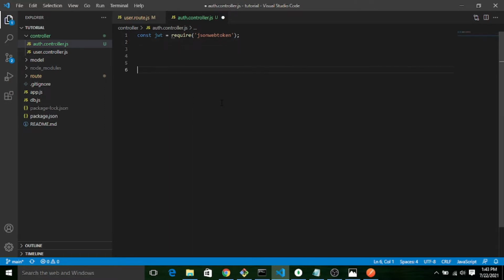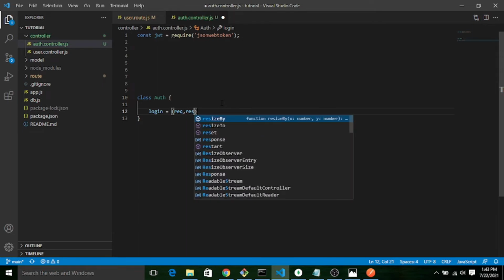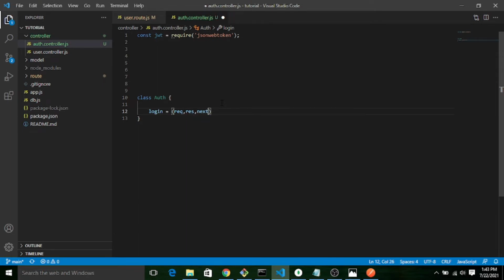Now let me create one class and declare the controller method. Let's say the auth login method. Let me add the try catch for error handling.